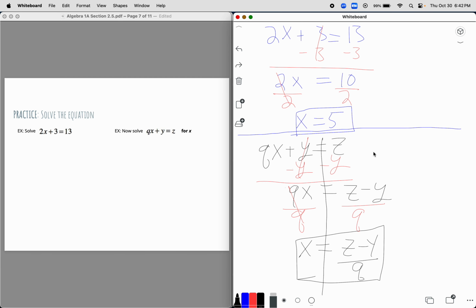We did the same exact thing on the top that we did on the bottom. These are the same representations of equations. We subtracted here first. We also subtracted here first. Same thing. Then we divided second. We divided second up here. Same thing. The only difference is we subtracted numbers and divided numbers here in this equation on top, and the